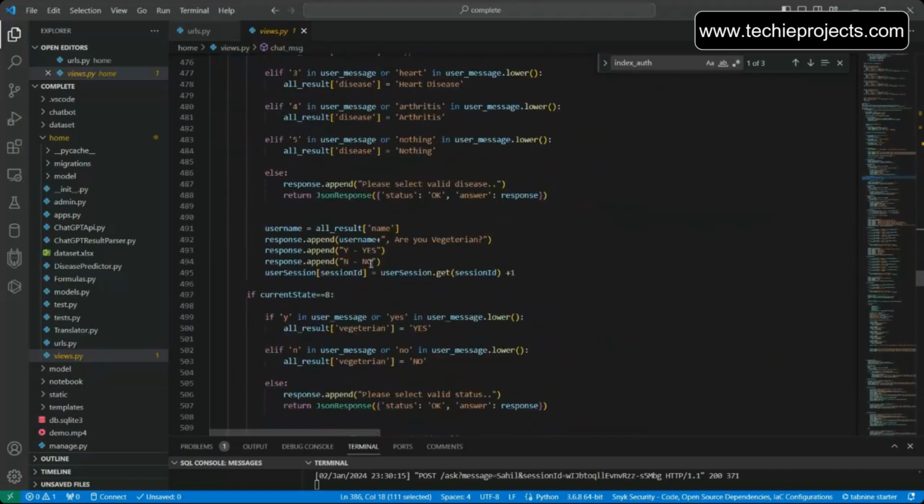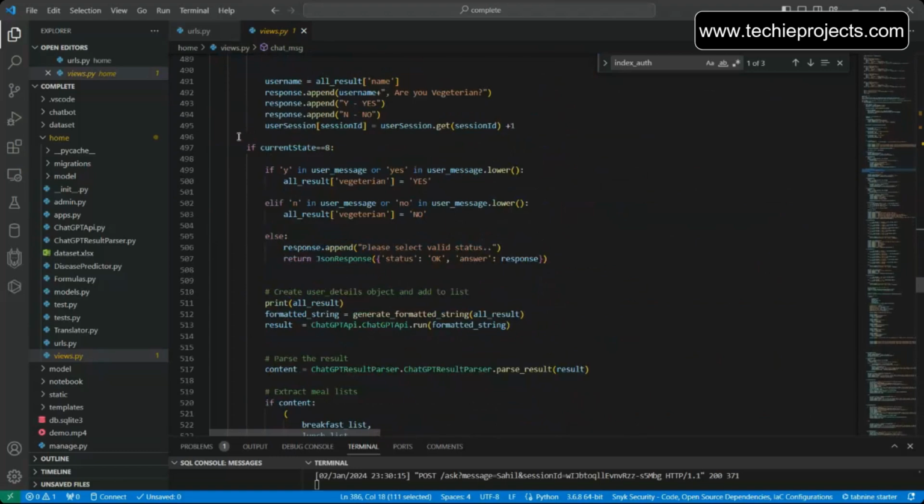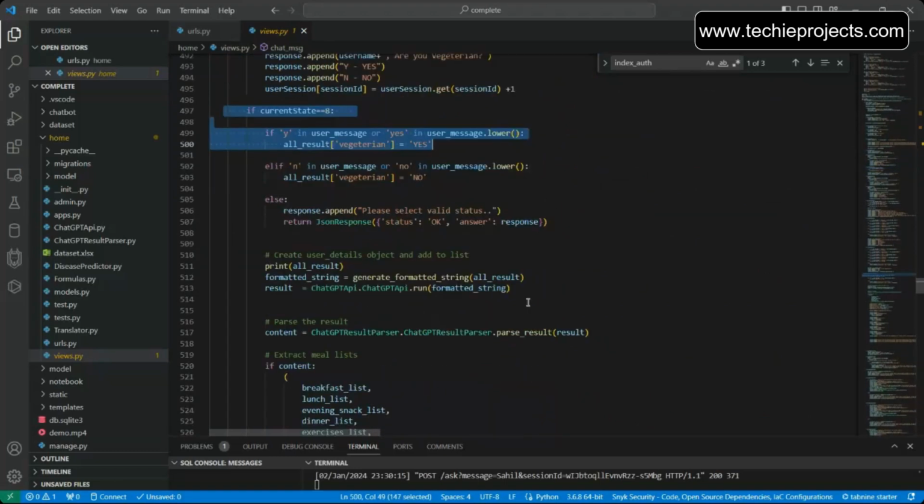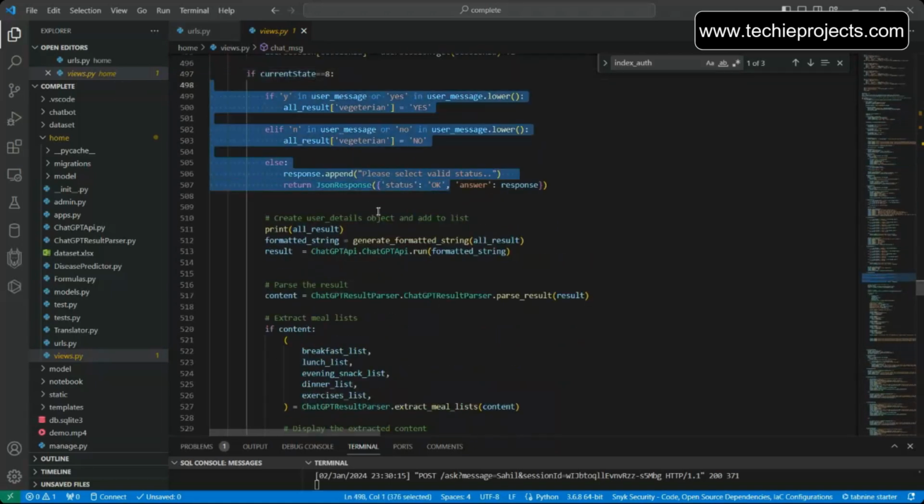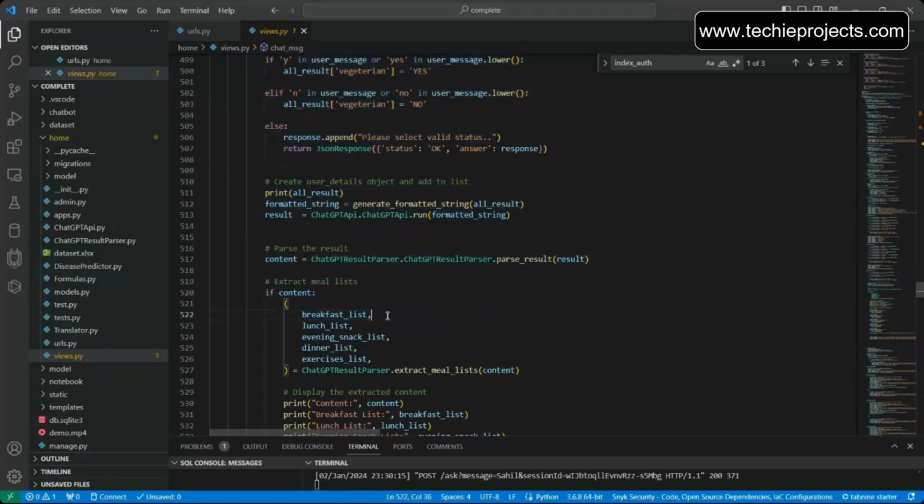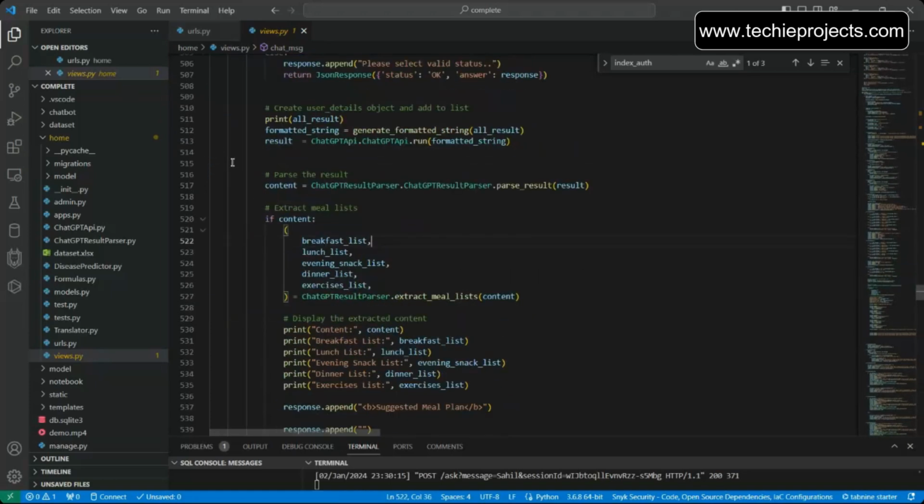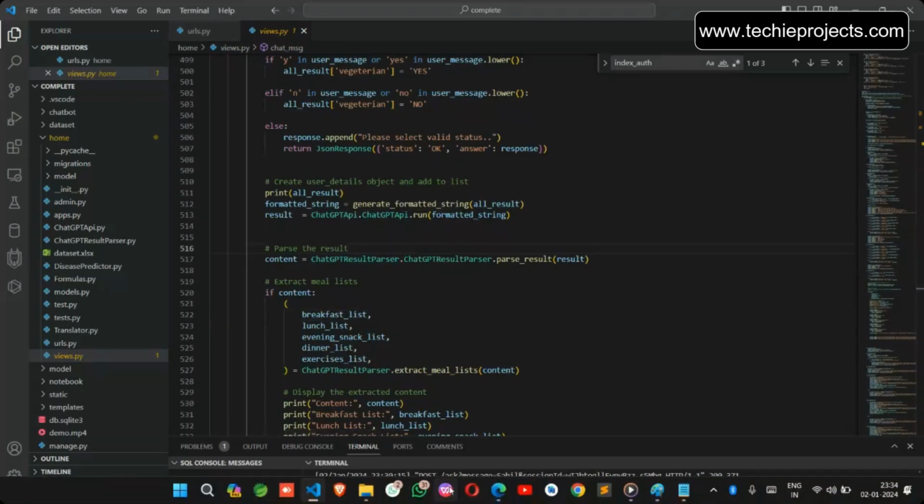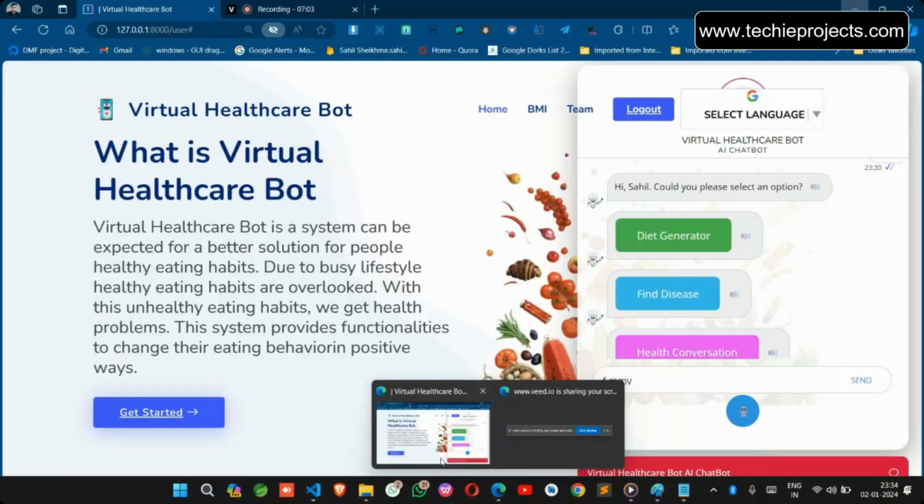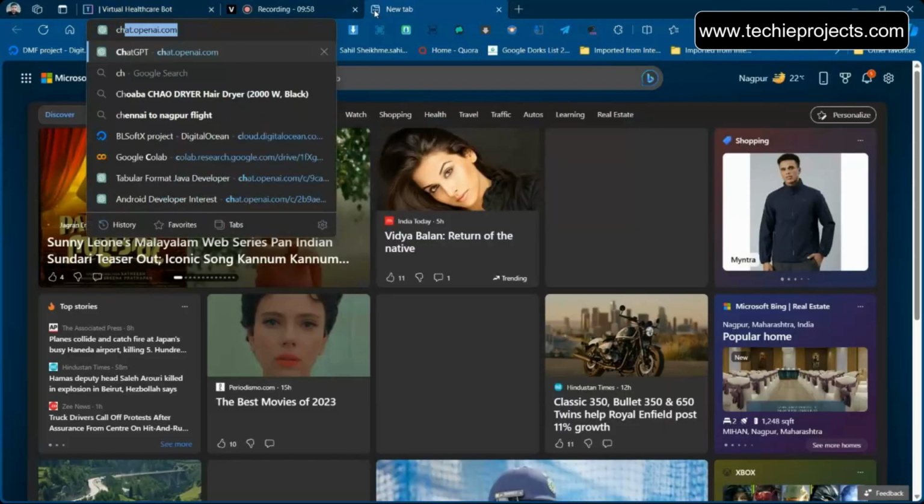Then it goes to state 8. State 8 means the final state. When the current state is 8, that means we have asked all the questions and we have all the data. Then we are generating the plan. So here we are calling the turbo model API. See, if you go to ChatGPT